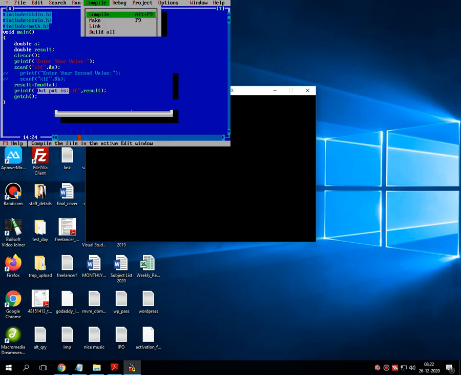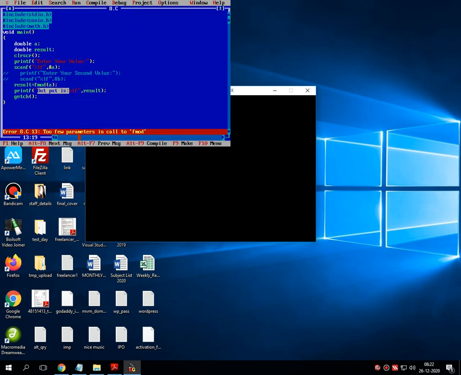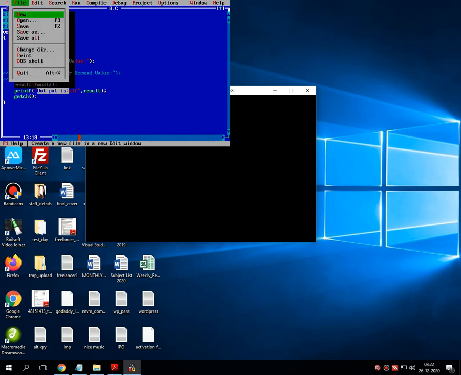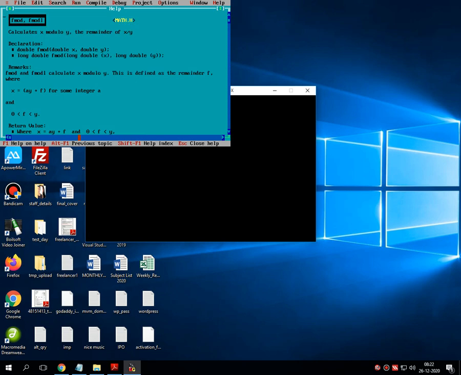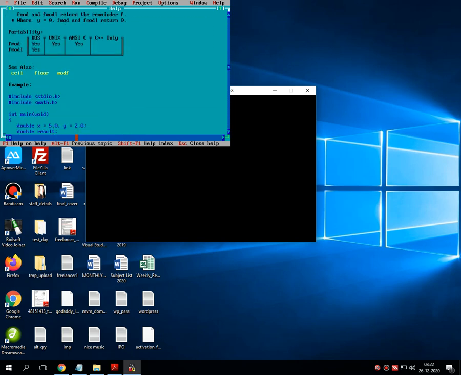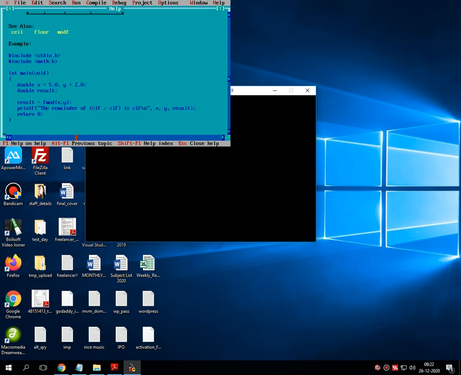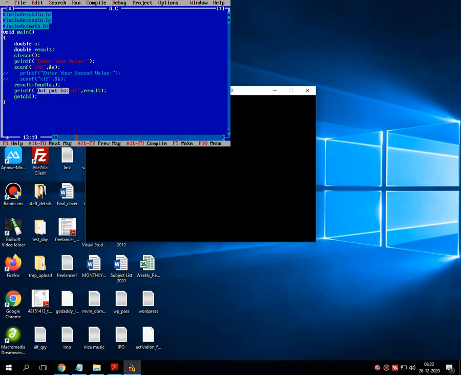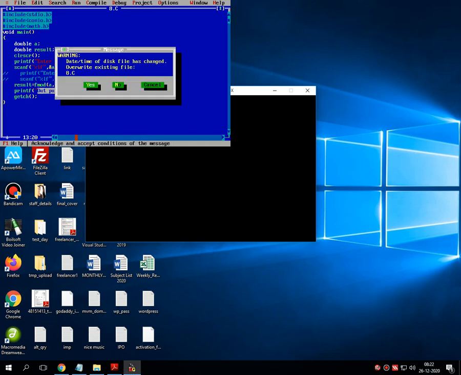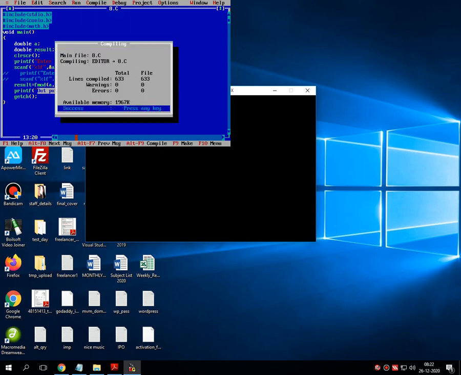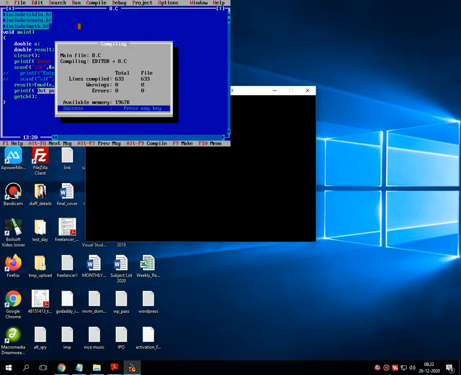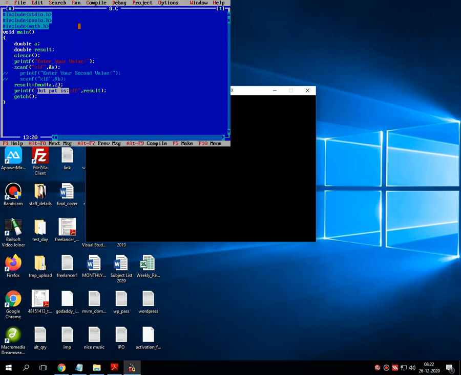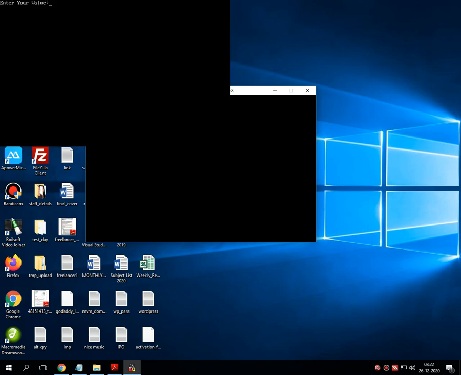Now let's check for syntactical errors. Now as you can see on the screen, there are no syntactical errors. Then we can proceed to the execution of the code.